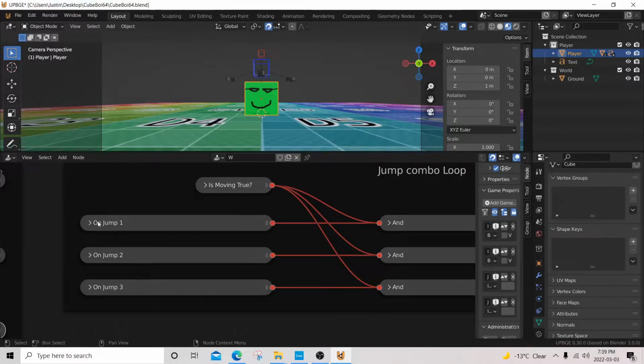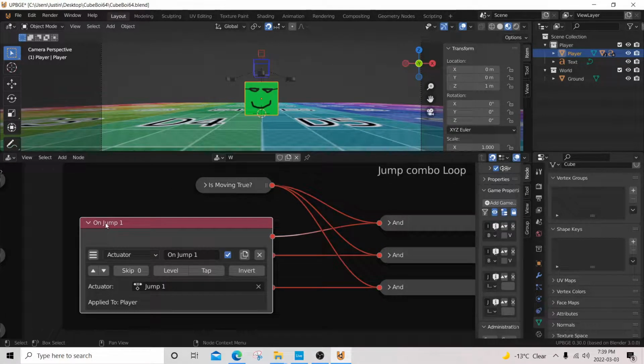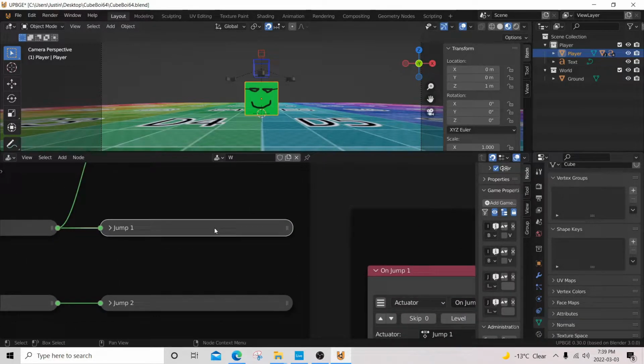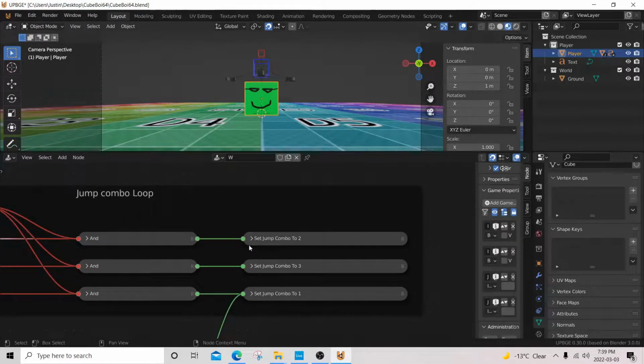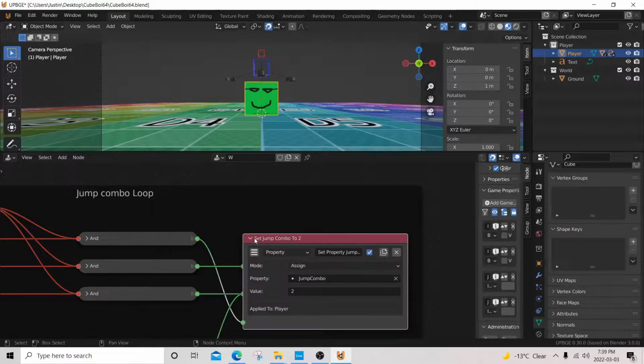So on actuator completed, it's an actuator sensor. So when this is completed, this sensor goes off. Once that happens, this actuator assigns the jump combo variable to 2,